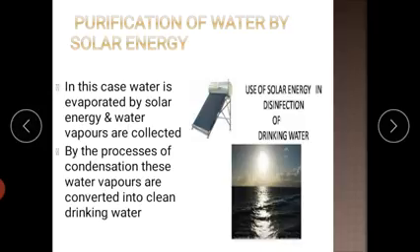Another application of evaporation and condensation is the purification of water by solar energy. In this case, the water is evaporated by solar energy, and then these water vapors are collected and condensed into clean drinking water. So this purification of water also uses the evaporation and